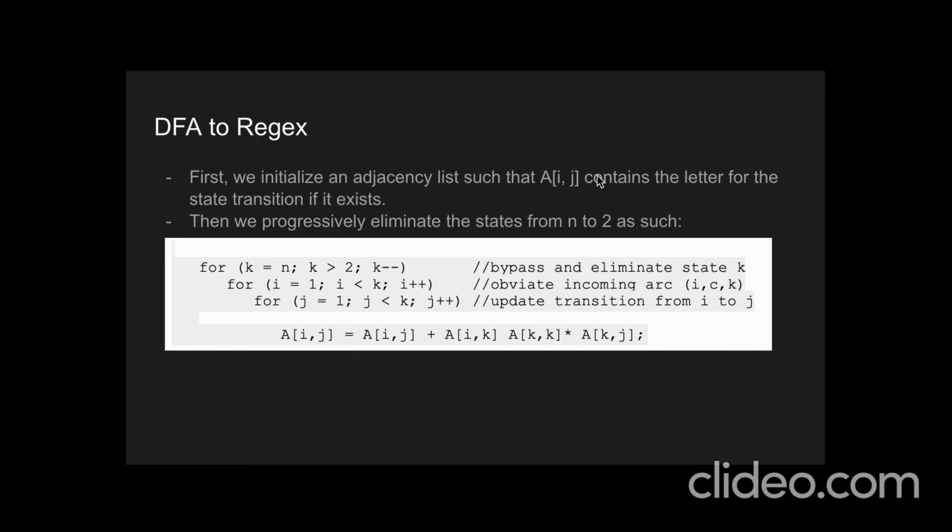We're using the Kleene star operation. This way we ensure that the k state is covered for all the states in i to j before we eliminate it. And when you do k minus minus,